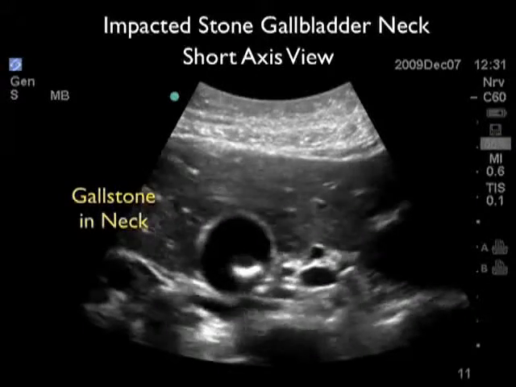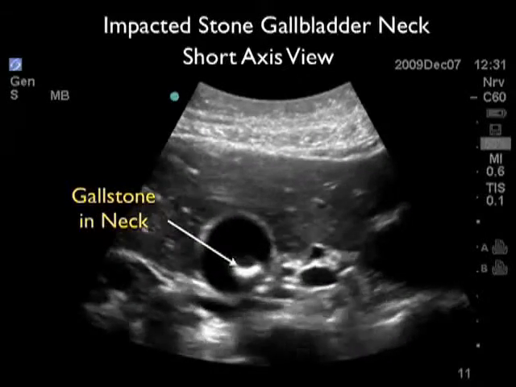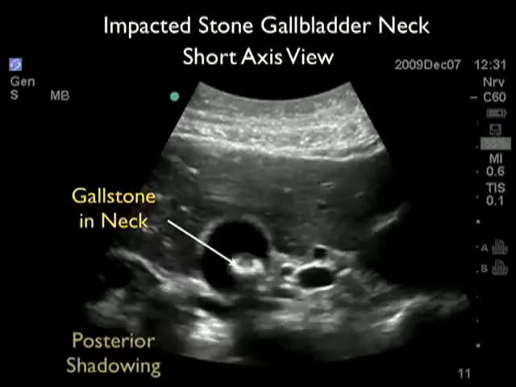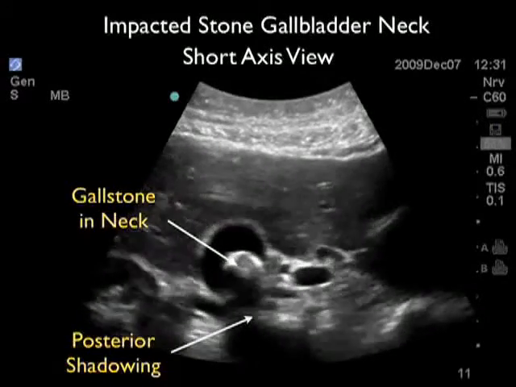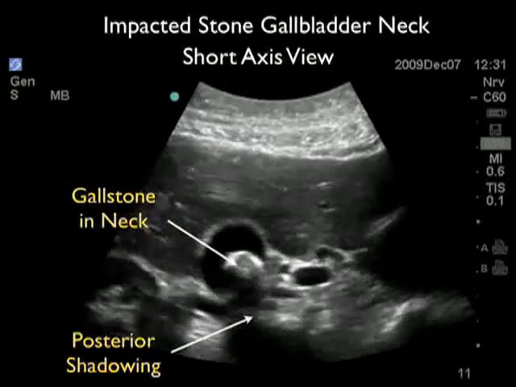The probe is located in the subcostal plane with a marker over towards the patient's right. Thereby we're cutting the gallbladder into cross sections, so the gallbladder will appear as a circle on the ultrasound screen. We see here a gallstone, that hyperechoic area within the gallbladder lumen, and again the posterior acoustic shadowing confirming the